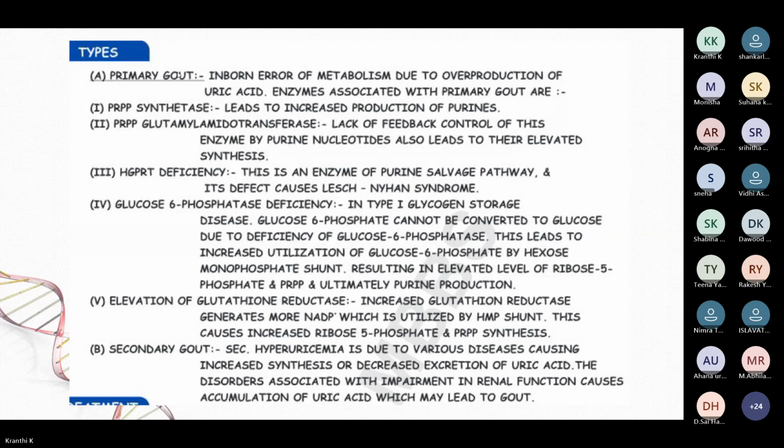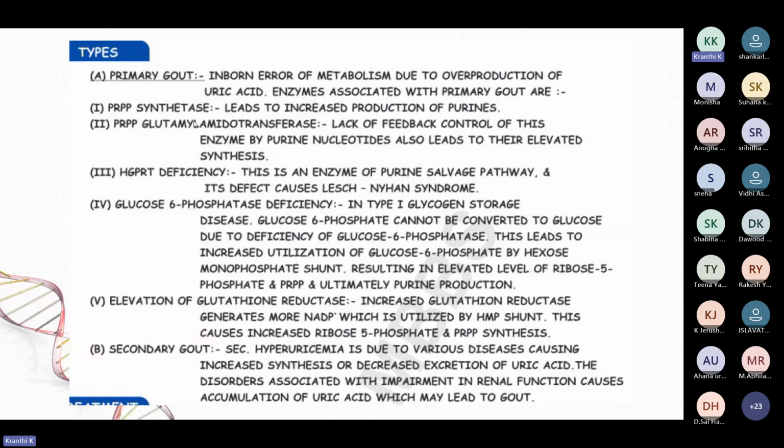See, coming to the gout, we already discussed. There are two, primary and secondary. Secondary means it is due to various diseases, right? Various diseases based on the diet, accumulation of the uric acid, based on diet or based on alcohol. Okay, or maybe we get different diseases, right? So that is the secondary one. Primary one is inborn error. Okay, already I told you, inborn error means there are some